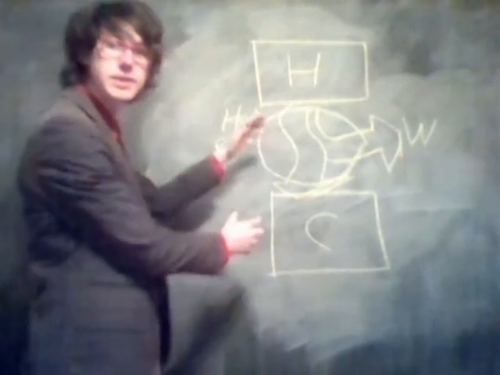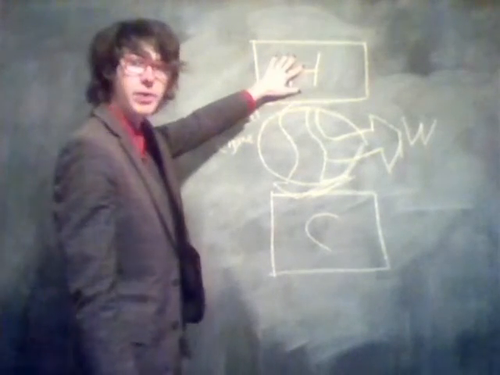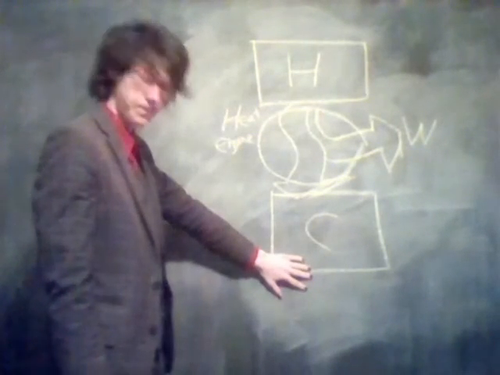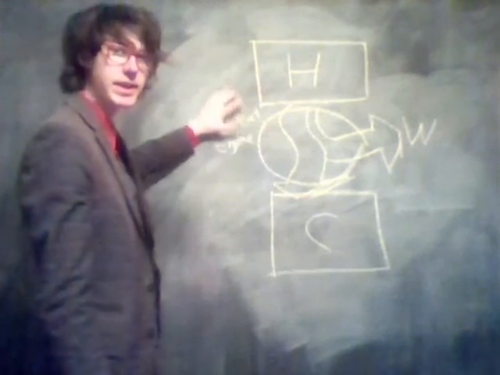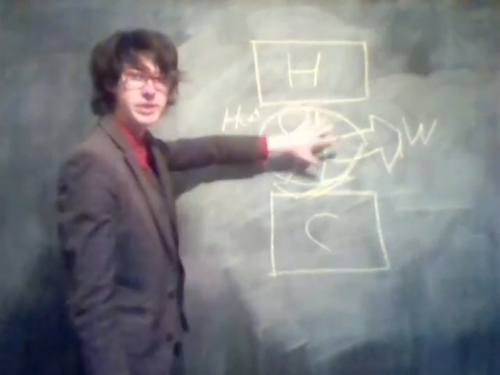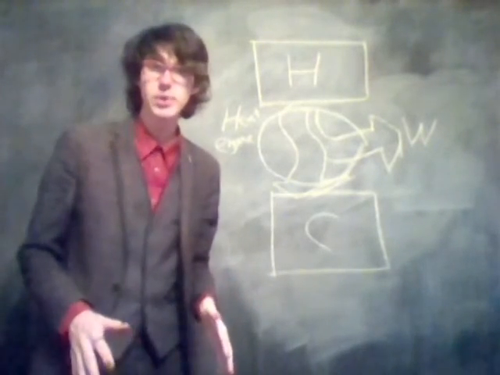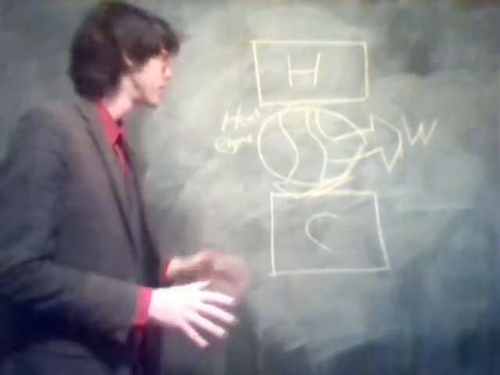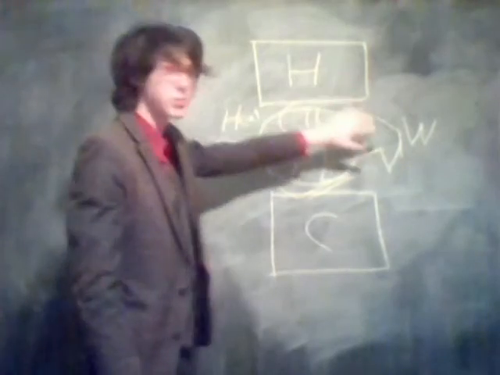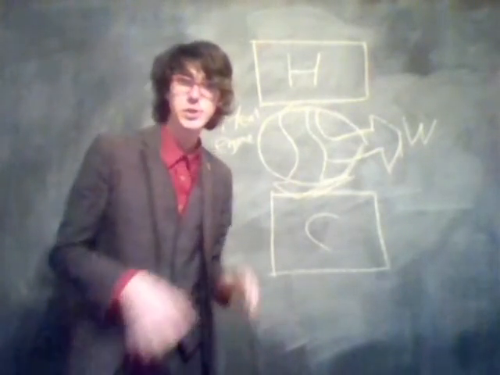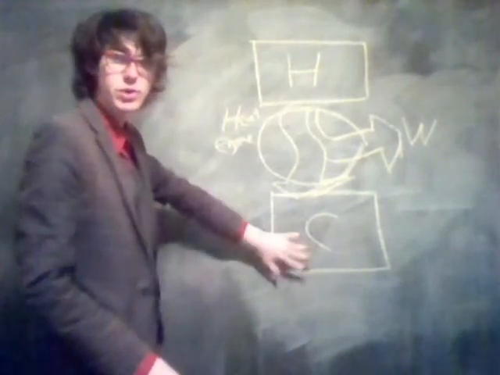Now, this is a diagram of a heat engine. Heat energy is trying to move from the hot reservoir to the cold reservoir, as we discussed earlier. But it passes through this heat engine, and the heat engine transfers some of this energy into work. Now, ideally, it would transfer all of the energy into work. If we could make a perfect engine, it would transfer all of this energy from the hot reservoir into work. But sadly, this is impossible. There will always be some heat energy transfer from the hot area to the cold area.